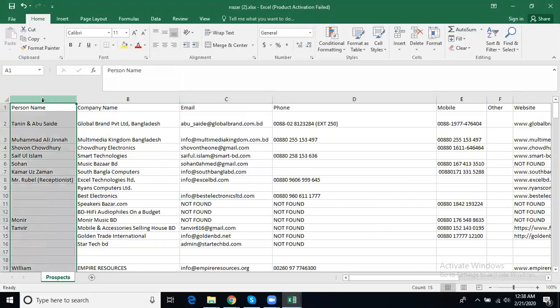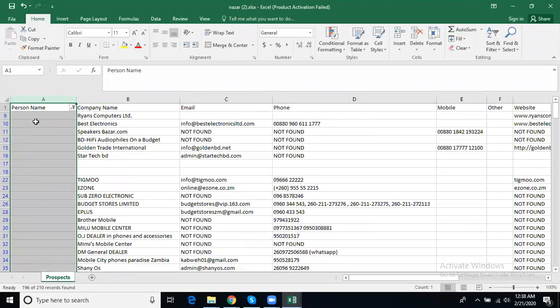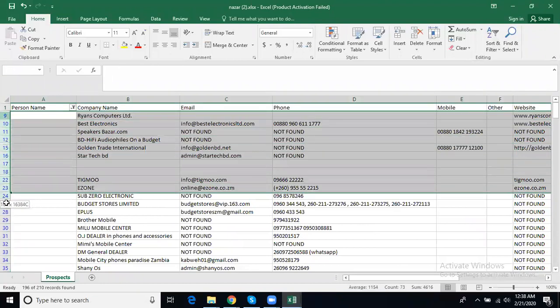Click the person name column, and on the top right corner, click sort and filter, and click filter. As you can see, the filtering is turned on for this column. Click this arrow button. Uncheck select all, and only check the blanks and click OK. Now we have all the companies filtered out, so you just have to copy this,